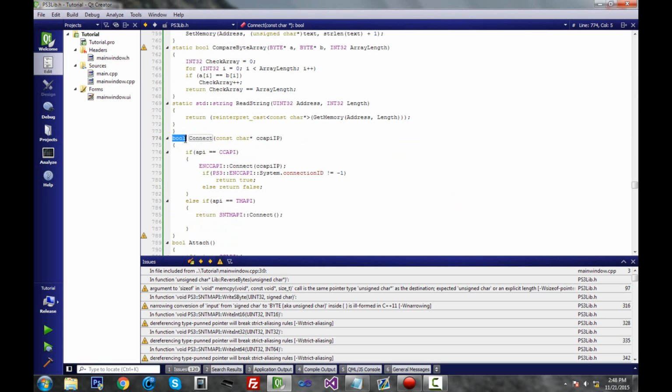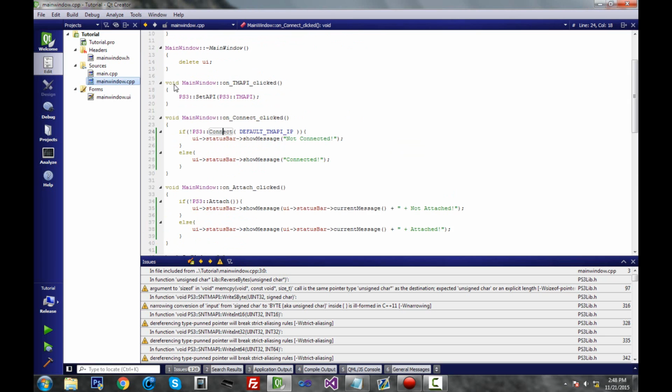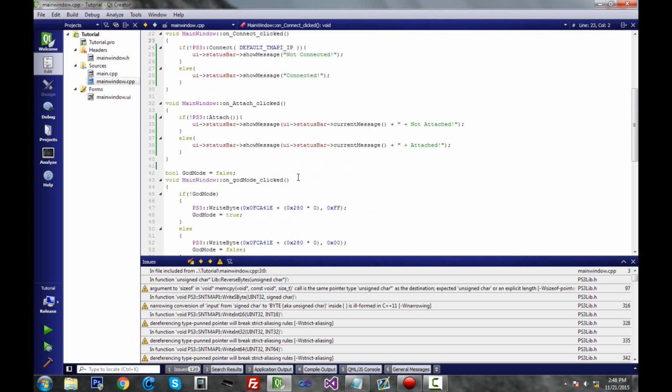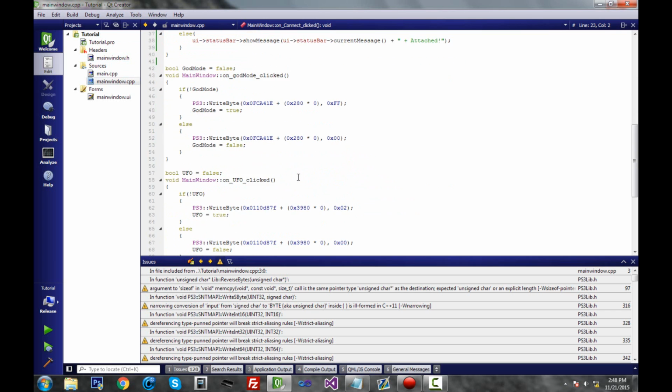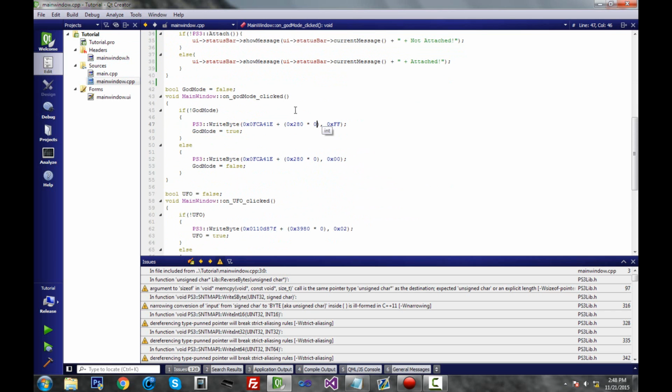It's a bool. So it just works a lot nicer. Rather than just being a void, which connects it, it checks if it's connected or not and does it for you. So it's pretty nice. Alright, now that you have that, first thing I want to do is, if you remember from the previous video